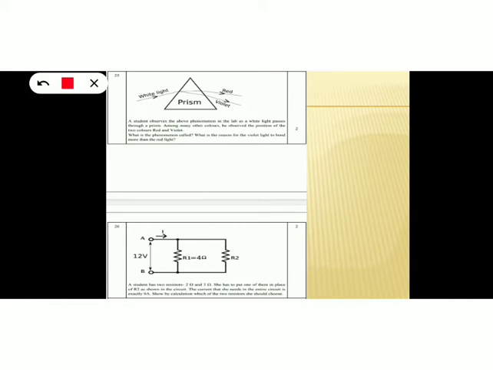So a student has two resistors with her. One is 2 ohm and the second one is 3 ohm. She has to put one of them in place of R2 as shown in the circuit. So instead of R2, she needs to put a 2 ohm or 3 ohm resistor. She wants a current of 9 ampere to flow through the circuit, and for that, which resistor should she choose, 2 ohm or 3 ohm.